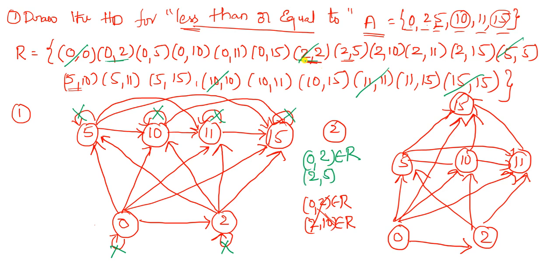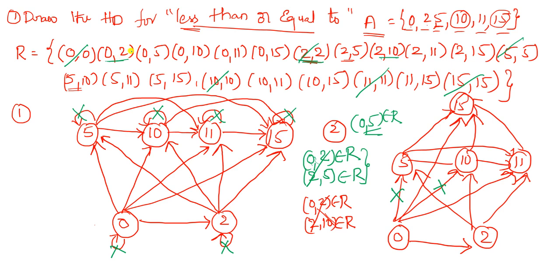Now the next element is 2 comma 5. You see here 2 comma 2 is already removed, okay. In this diagram we don't have 2 comma 2. 2 comma 5 belongs to R, right. So 0 comma 5 belongs to R, that is transitivity. So from these two what we get is 0 comma 5, which belongs to R. So we should remove 0 comma 5. I put a cross mark, meaning we have to remove that relation 0 comma 5. Likewise 0 comma 2 with 2 comma 10, that means 0 comma 10 we have to remove, okay.